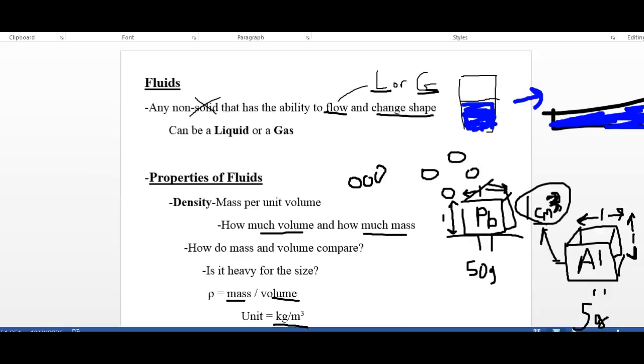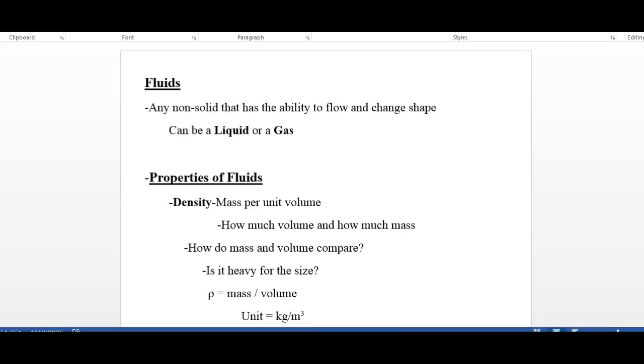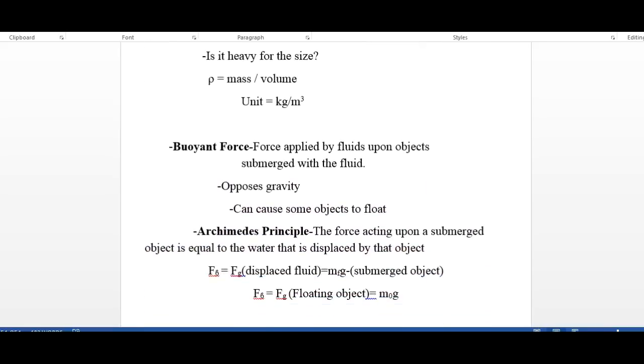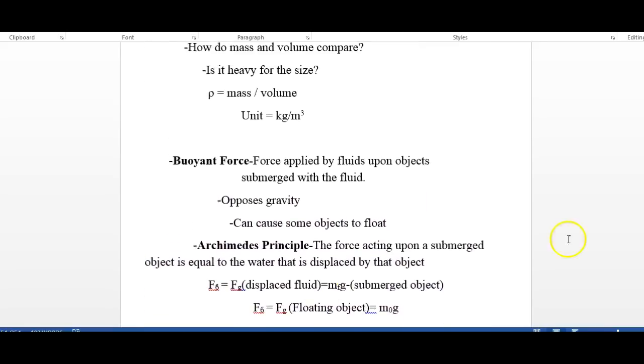Okay, so let's erase all this stuff. And if we continue, I'm going to move this down here. So that's the first one. Density is a property of a fluid. We also worry about density, and you've been looking at this in lab. So if we have a swimming pool, let's say, and we have some water,